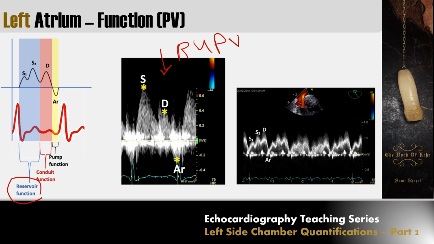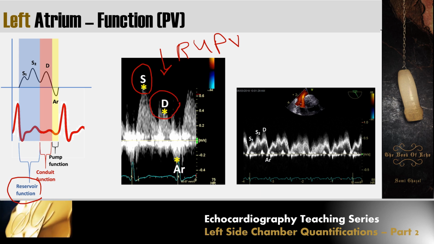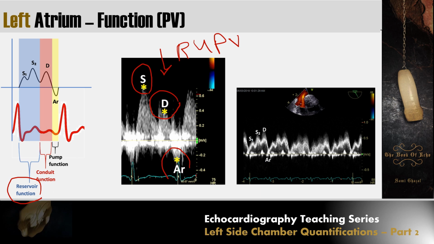We have mainly three major waves: the S wave, which is the systolic wave, the D wave, which is the diastolic wave, and the atrial reversal wave here toward the end of diastole. Sometimes we have S1 and S2. I will tell you about this in a minute. So